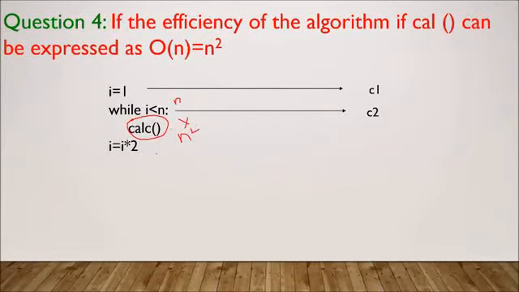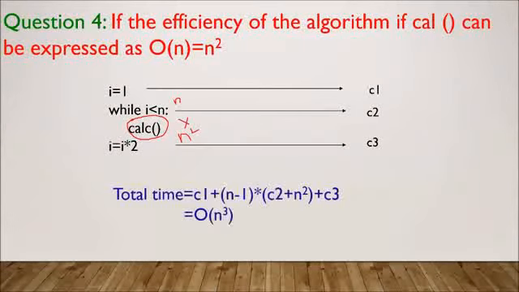This statement takes, suppose, C3 time. So the total will be C1 plus n into n square plus C3. You can see this is less than, so n minus 1 times it will be executed. Finally, when we open it, you can see the dominant term will be n cube.